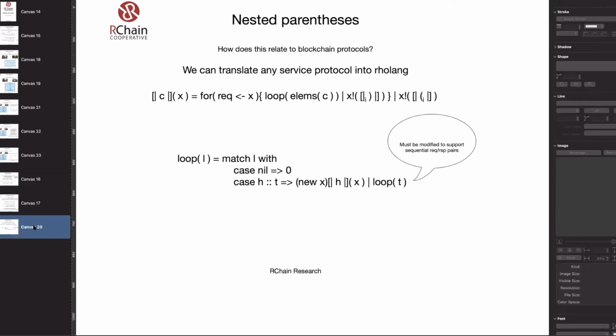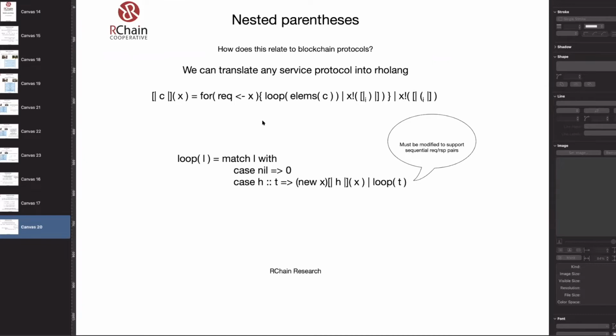And then you can translate any service protocol into rholang. So here's a sketch. I'm only doing the commutative version. You have to fiddle with it just a tiny little bit to get the non-commutative version. So if C is some client protocol, then obviously you have to have a client that will accept the request, and therefore something that will send the request, right?